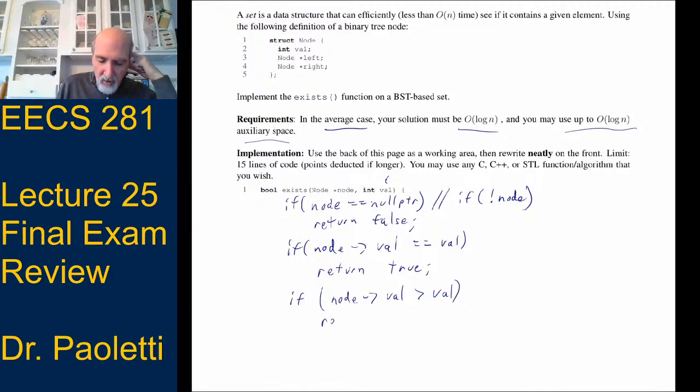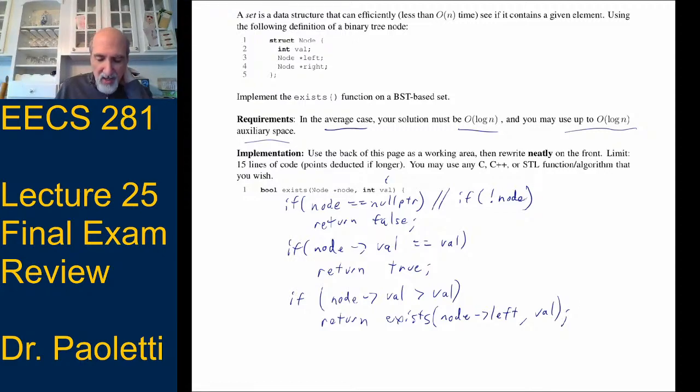So then I should return the recursive call, which is exists. And I've got to give it a node pointer, so that would be node arrow left, comma, we got to give it the value again. So there's our recursive call.